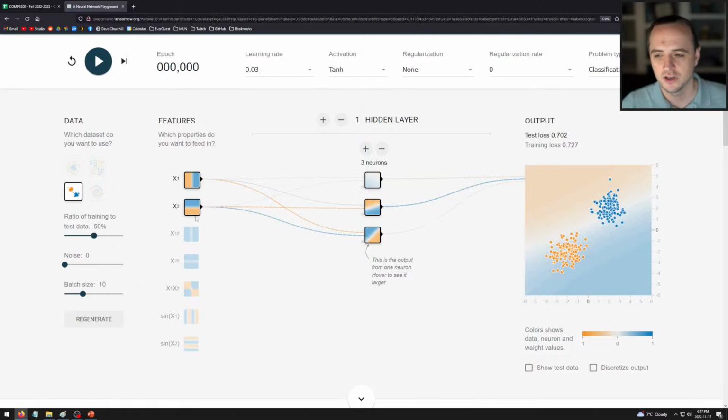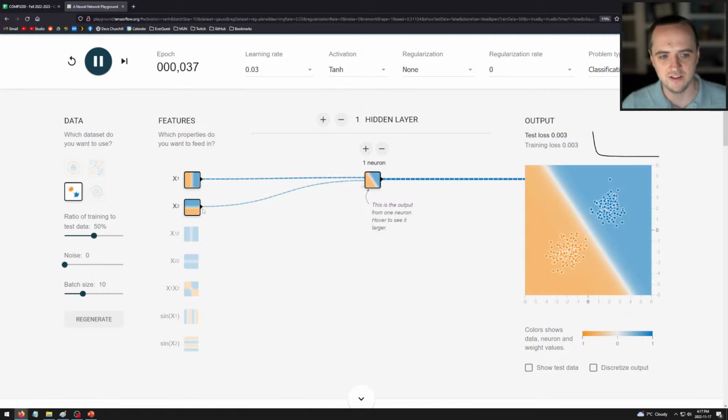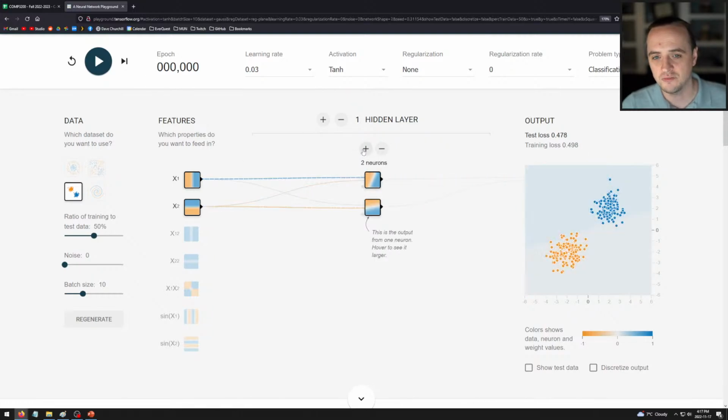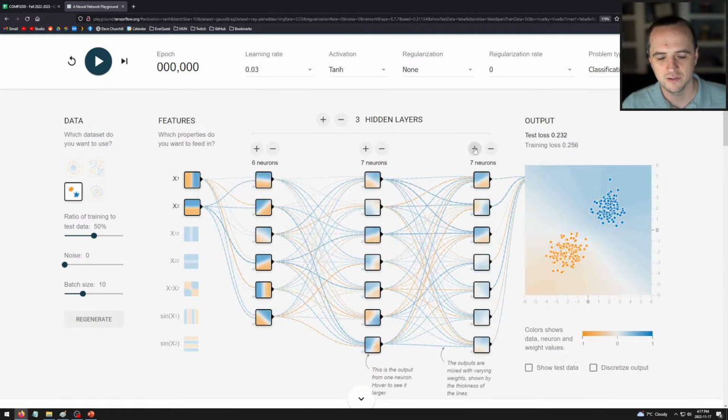And if we go over to this data set, which is a little bit simpler, right? We can go all the way down to 1 neuron because it will be very easy to find a single line that classifies the blue points from the orange points. Now, that doesn't mean that we can't have a network like this, right? But this network is very complex. It has a lot of weights. It has a lot of neurons.